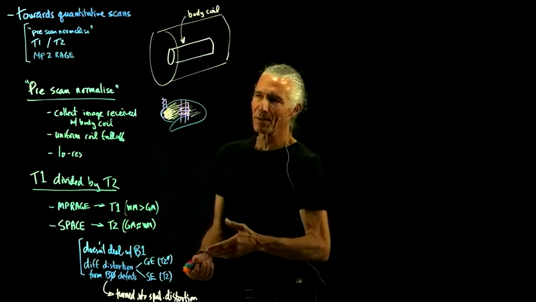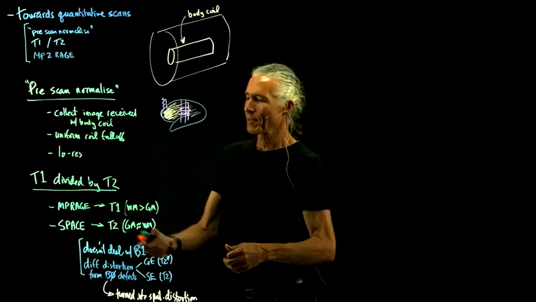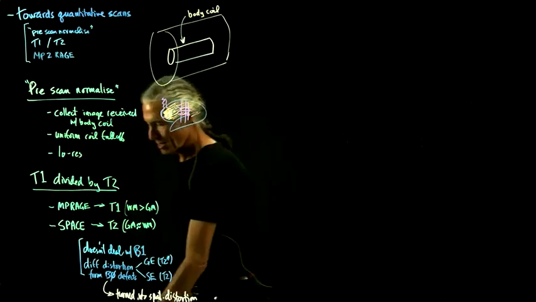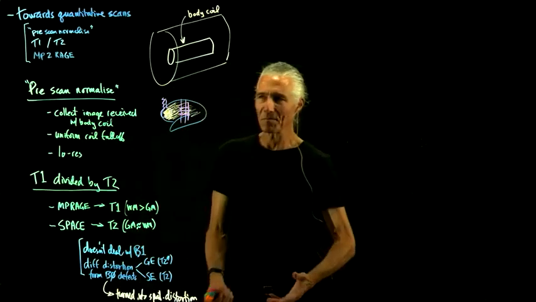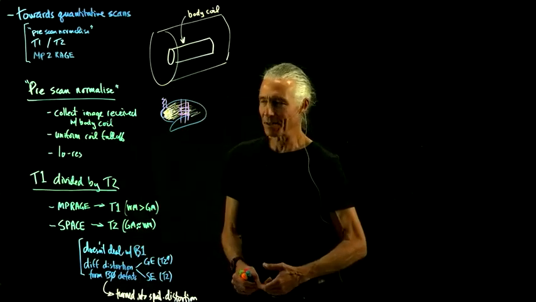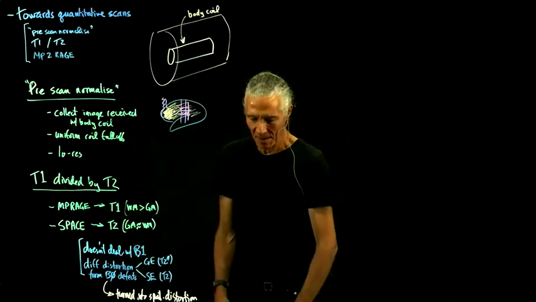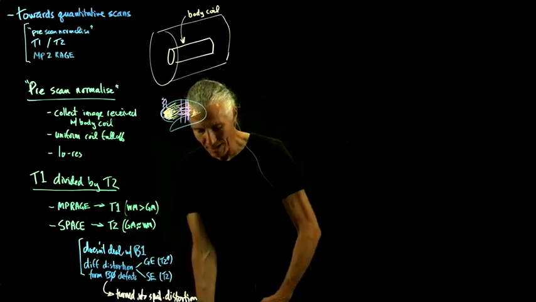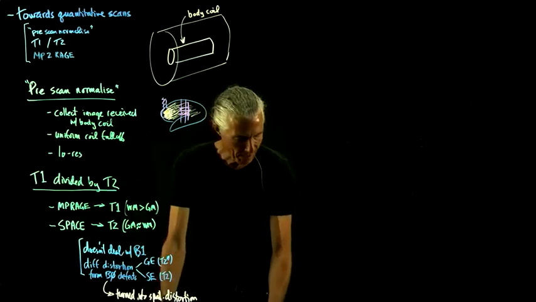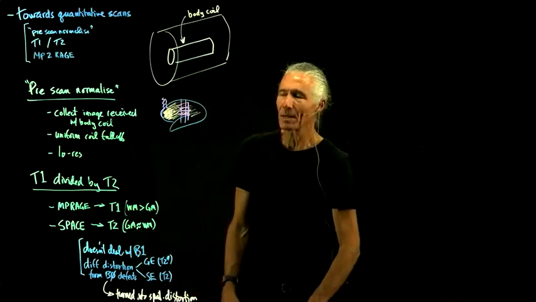And then before, you divided by the T2. But as we mentioned before, that's another scan. So you're collecting another scan to get more data. Okay, and so there's other ways to fix it that I'll talk about next time,